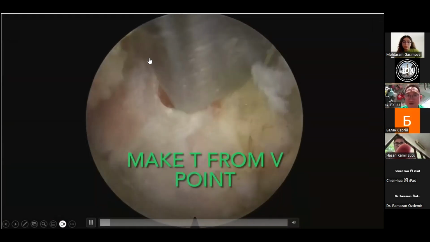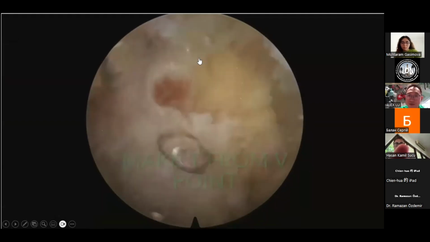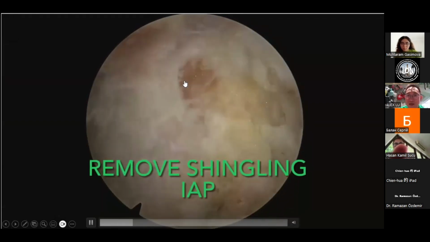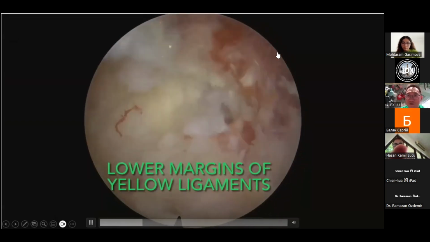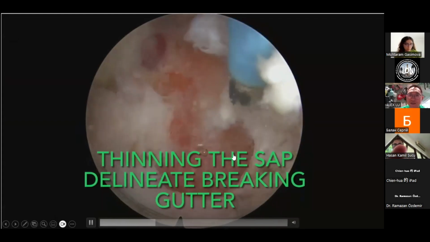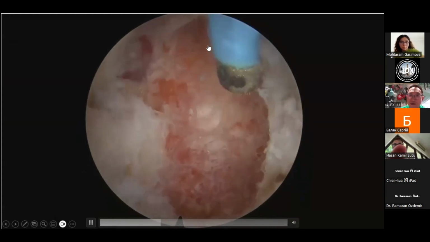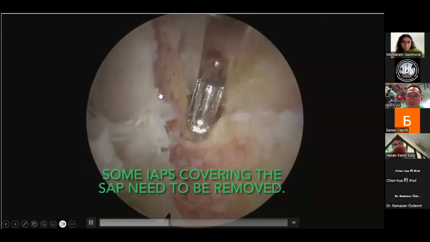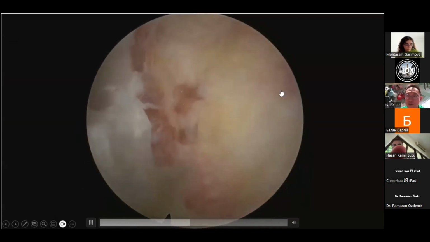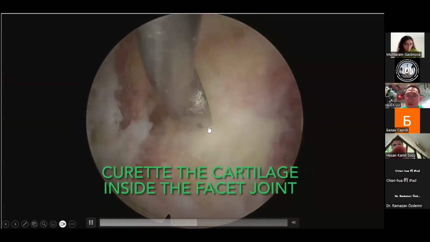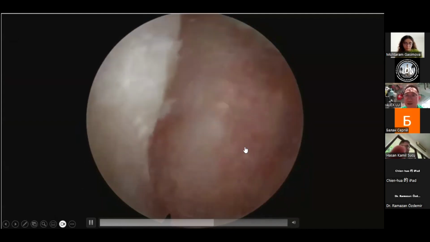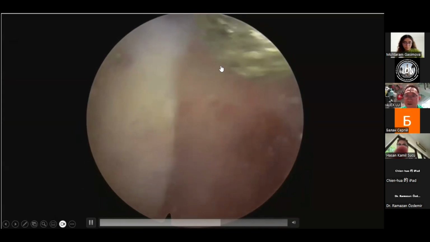First I will find the V point and make a landmark where I start. And I use the burr to remove the shingling IAP. And this is the SAP. And this is the shingling IAP. So you have to remove the shingling IAP to expose the whole piece of the SAP, and curette, take off the cartilage in between the facet joint. And then you make a gutter along here